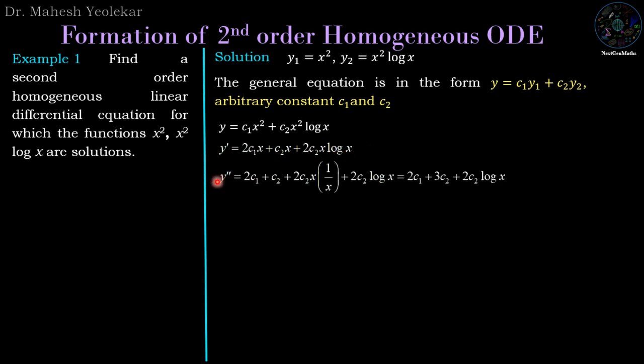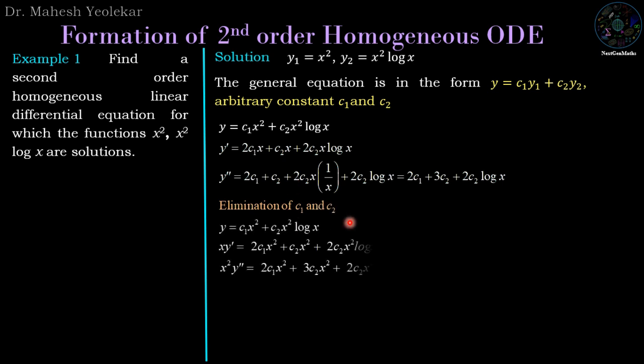Now if we further differentiate, then we have 2c1 plus 3c2 plus 2c2 log x. Now we try to eliminate c1 and c2, and for that we multiply y dash by x and y double dash by x square. Then we have 2c1 x square plus c2 x square plus 2c2 x square log x. And x square y double dash is equal to 2c1 x square plus 3c2 x square plus 2c2 x square